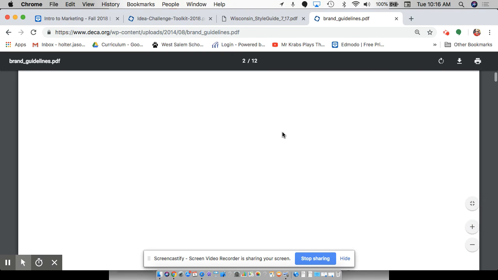So this is what the Decca branding guidelines are. And again, any business, any organization can have rules for how they want their stuff to be used. So in case of the Badgers, since they're selling them to different people and those people are licensing them, they have rules that you can only make these specific products, you can only do it in these colors, and you can only do it in this certain way.